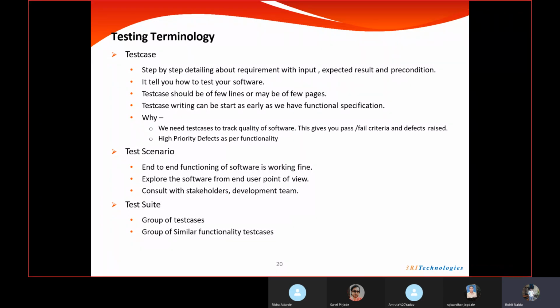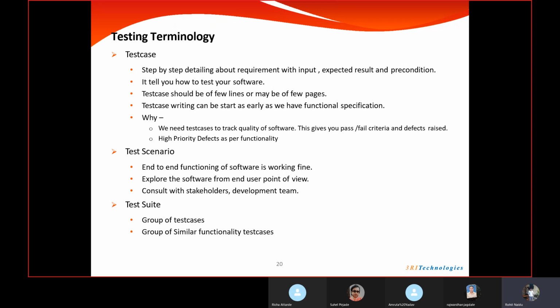Okay, and we will be having something called precondition also in our test case. So what is a precondition? Let's say we are trying to test an application like Amazon. First of all, we need to have an Amazon ID, right? So that is our precondition or prerequisite. Without having an Amazon account, we will not be able to test that application at all. We need to have access to the Amazon app. That is the first precondition. So like this we can have many preconditions or prerequisites. All those things will be kept in the test case, right?